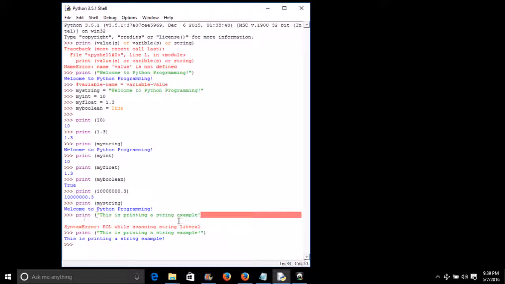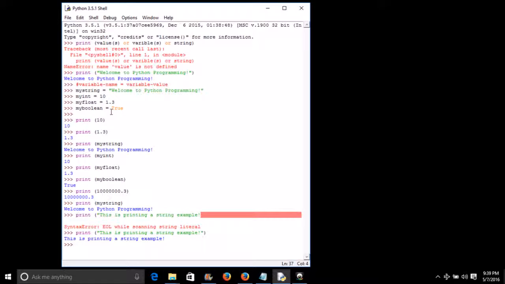Here we forget to type the closing quotes and closing parenthesis, so it generates a syntax error with red font color: syntax error, end of line while scanning string literal. So that is the third example of print.